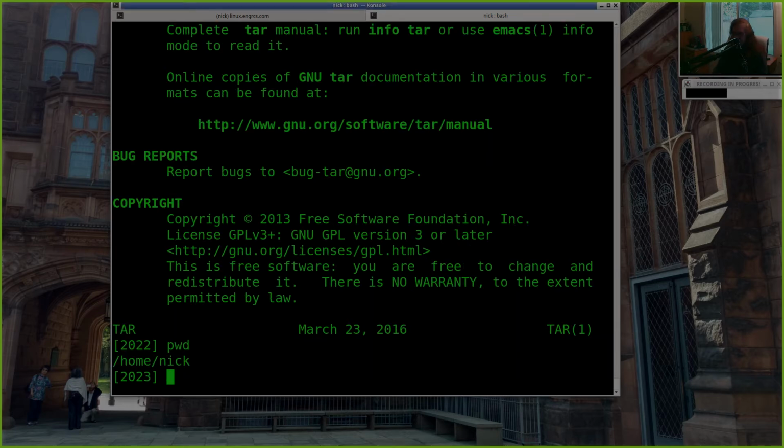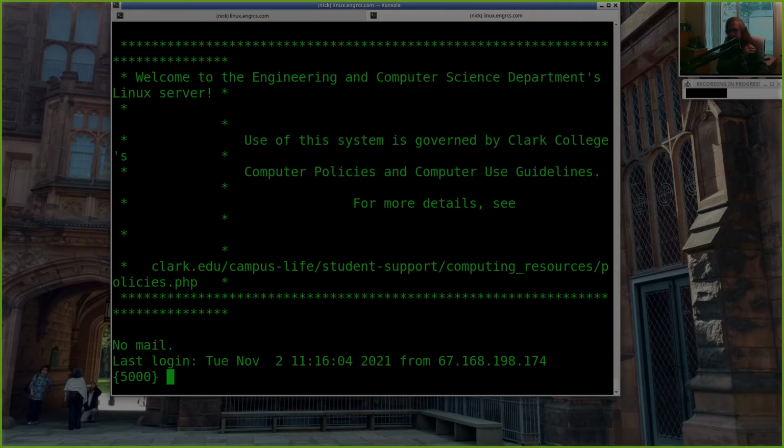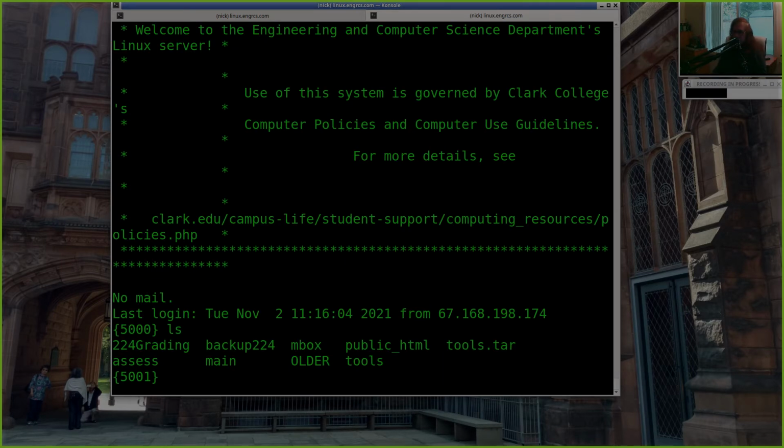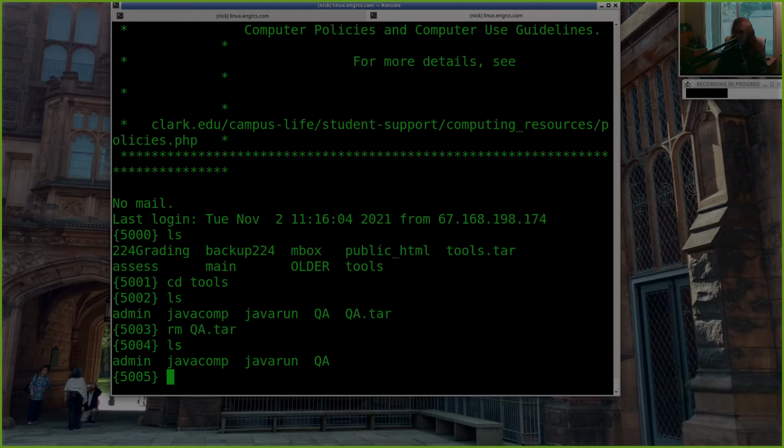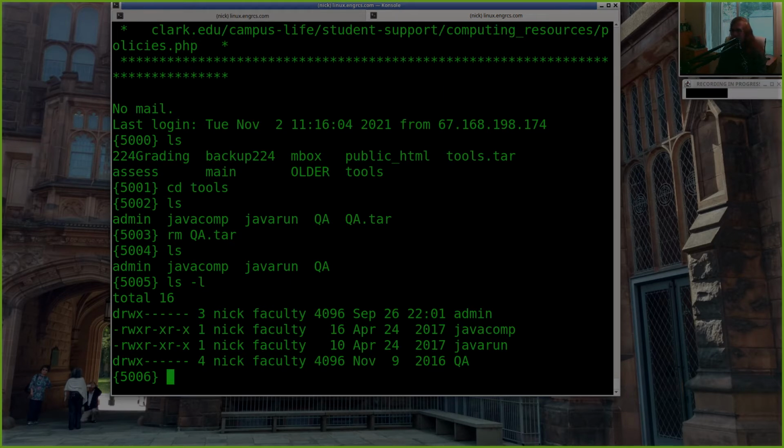So let me just go to the server. So here's my tools area. And I have a number of directories under here and a couple of files, right?